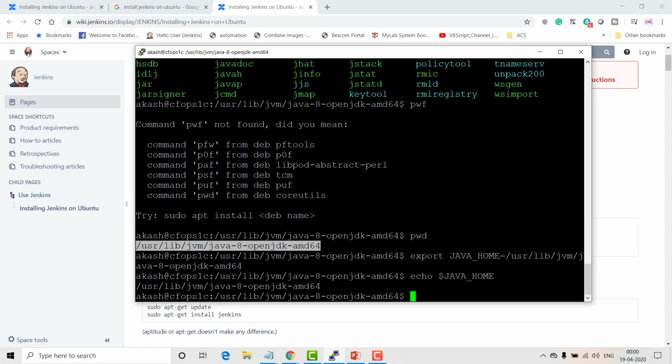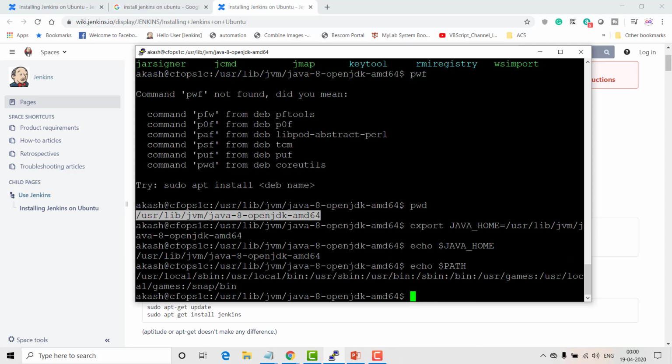Now every time we run any Java application, it will always take this Java by default. You also have to set your PATH. If you run echo $PATH, you can see that Java is not there.